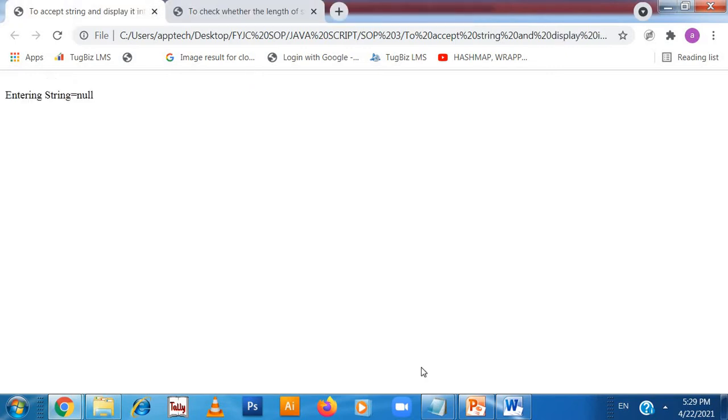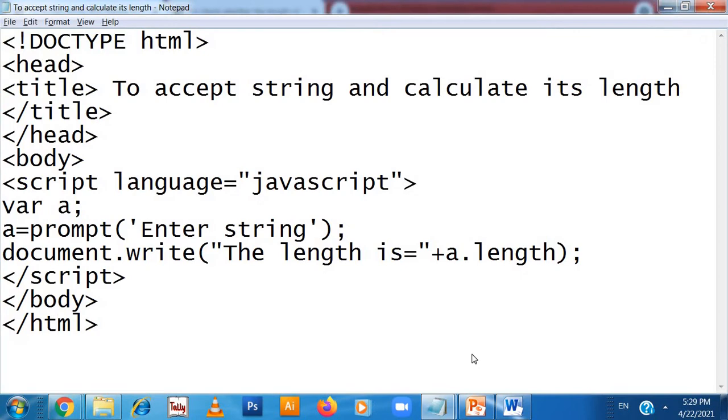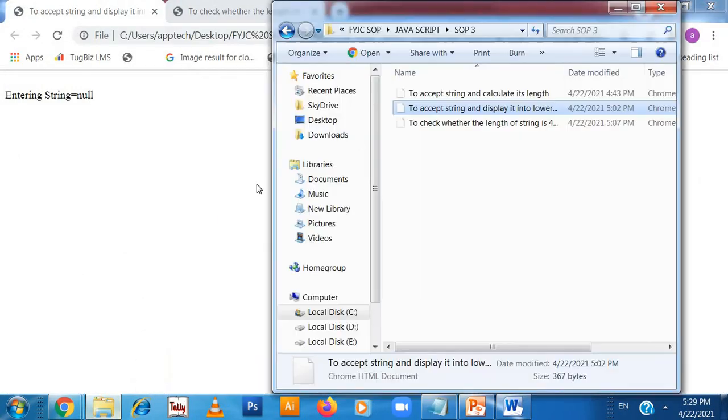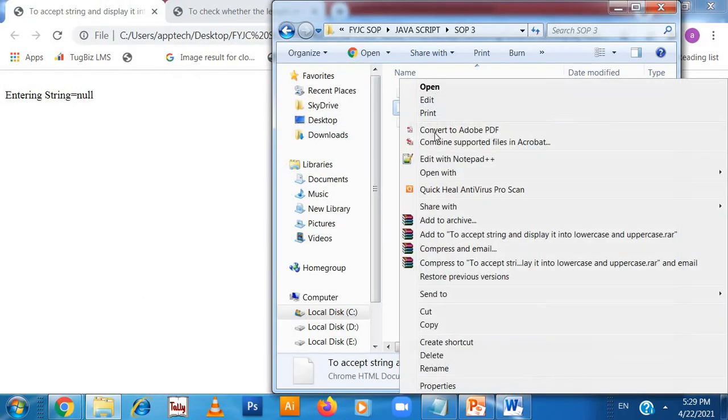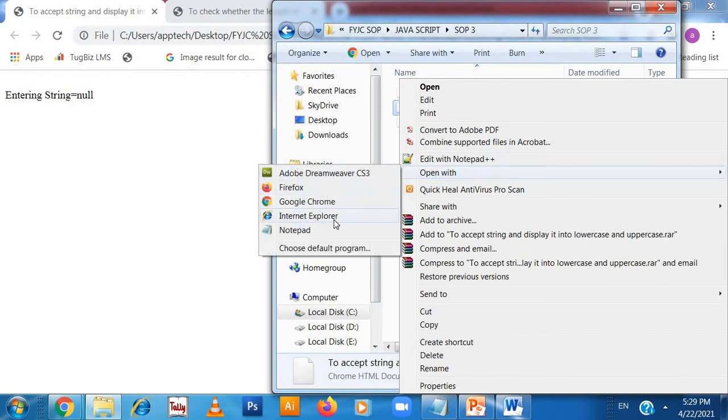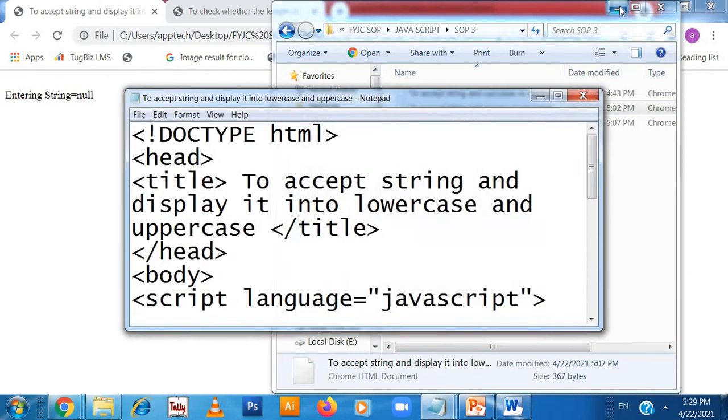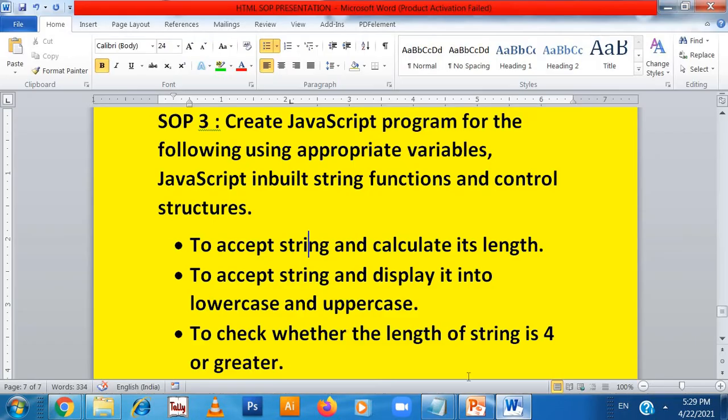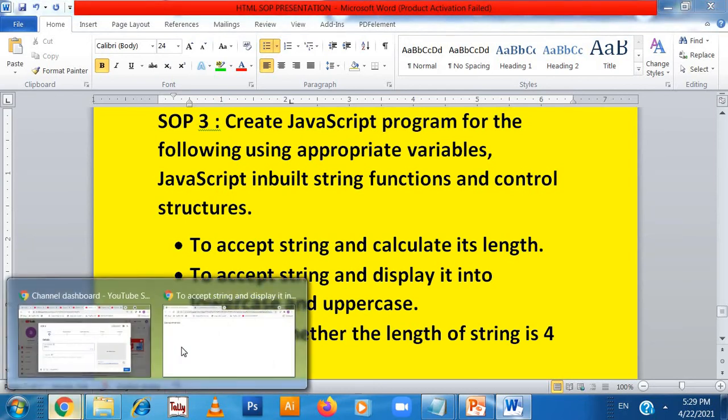Let's see the other experiment. What does the other experiment say? To accept a string and display it in lowercase and uppercase. It's very easy.